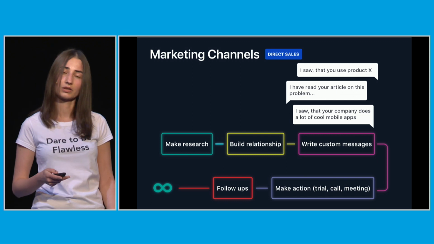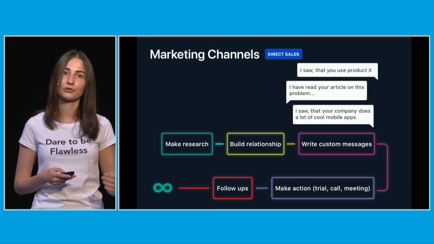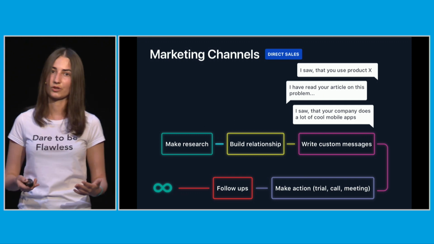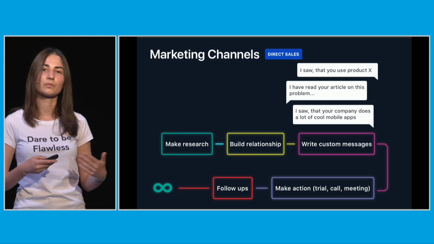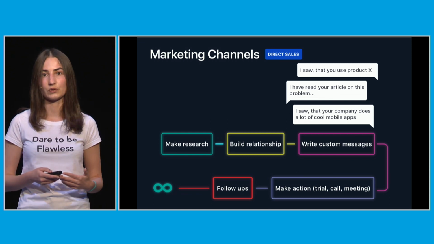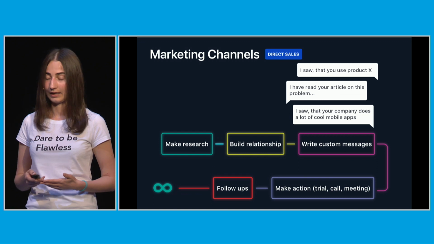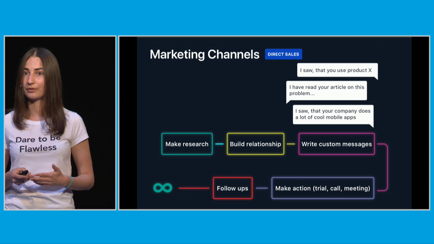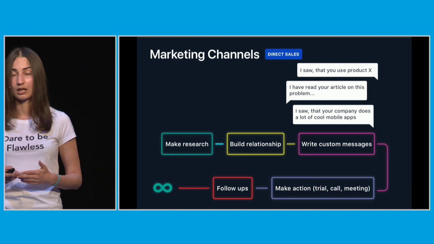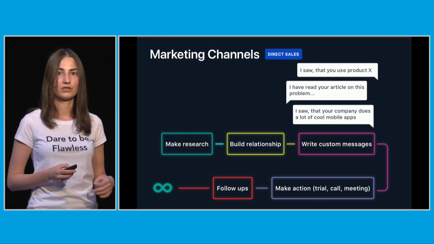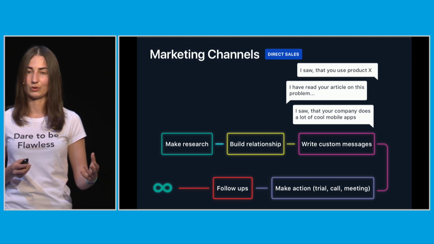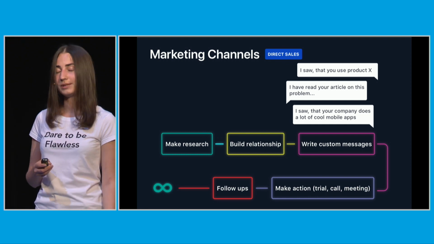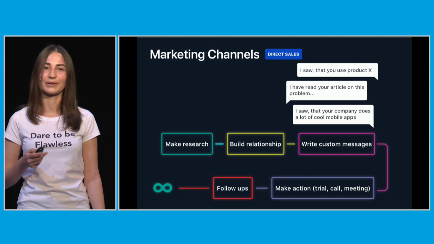You do your research first. You find companies and people similar to your user persona, someone who will benefit from your app or solution. You build a relationship. You follow those people on social media, you read their articles, you engage with them at conferences, and when the time has come, you craft a custom message. Because you know more about people, it can be very personalized. You have a clear call to action. It can be to jump on a call, have offline meetings to showcase your app, or maybe to give it a try right away. And you keep the conversation going and going and going.